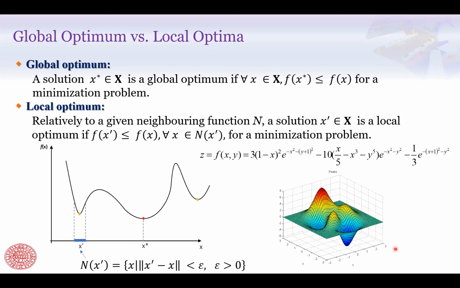x from -3 to +3, and the same range for y. So you miss another optimum there. And that's one important message for why we learn meta-heuristics in the coming part of the lecture. The reason is that in most meta-heuristic methods, when they move the point, they use randomization in order to avoid